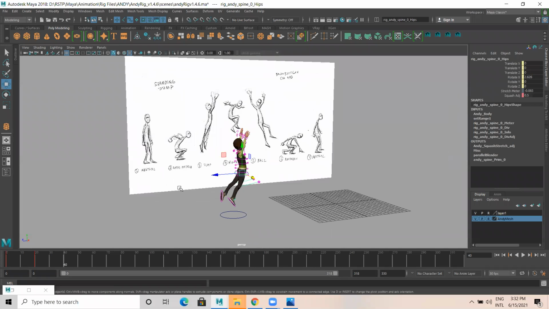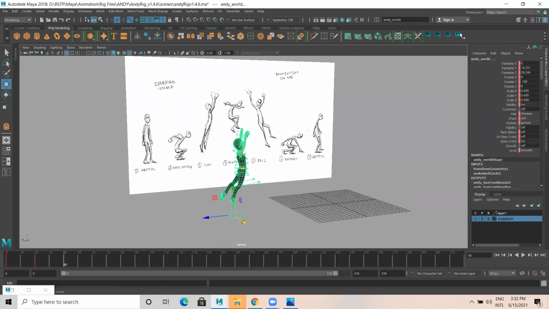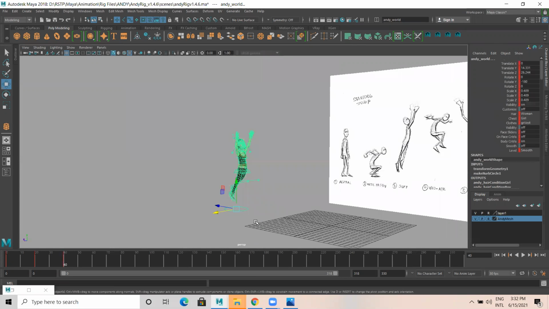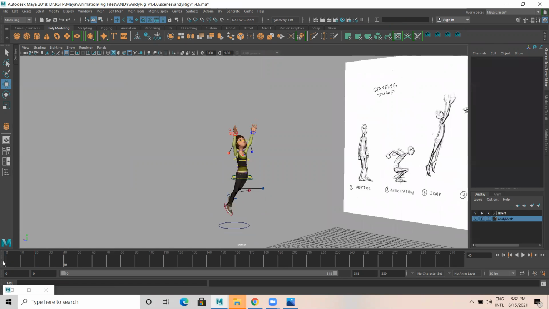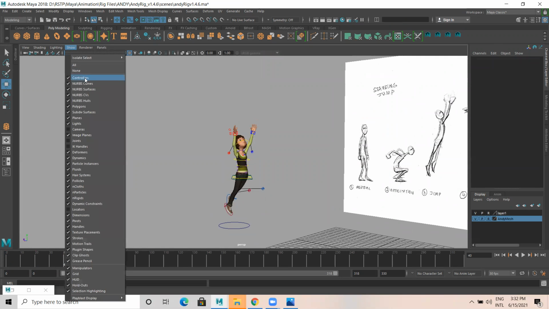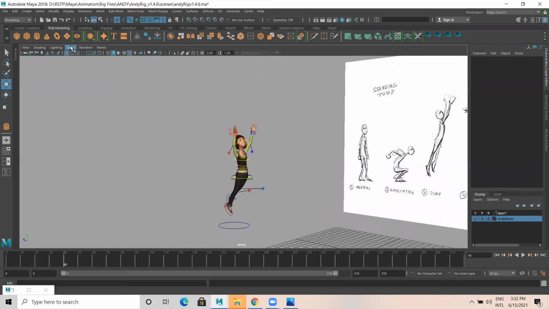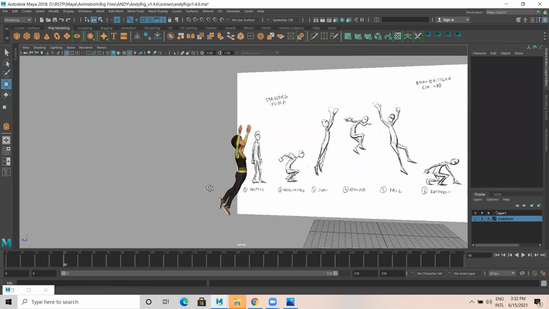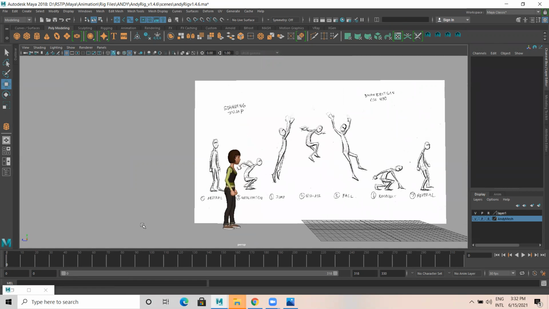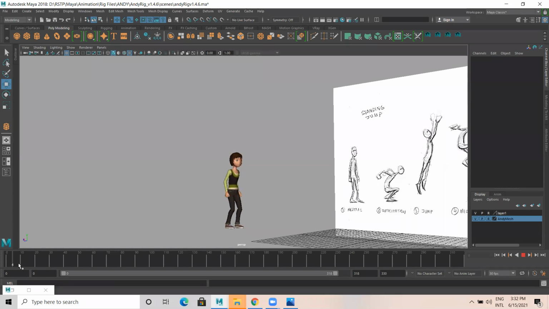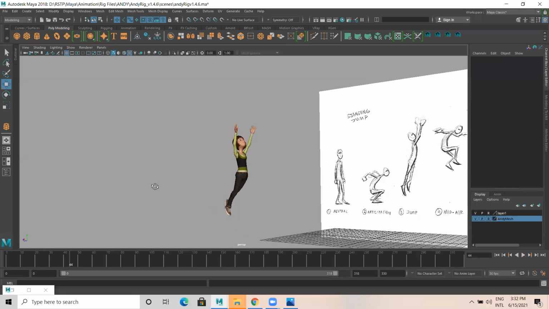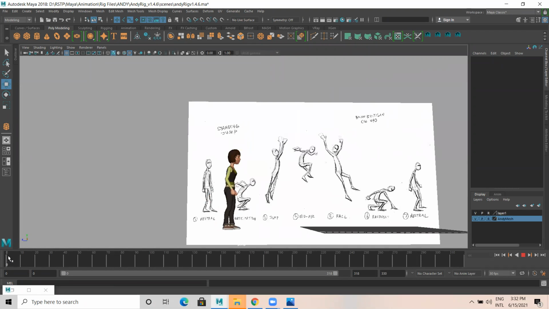Okay, so now it's frame number 40. Click on this Mel. So S for set key. Now observe what we have done. I just turn off the curves. When you're looking, just turn off the NURBS curve. Okay. Now observe frame 1, she is here. Frame 20, she is in the position. She's jumping at frame 40. Okay.